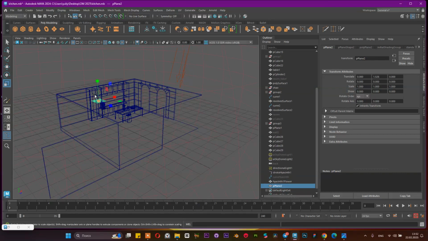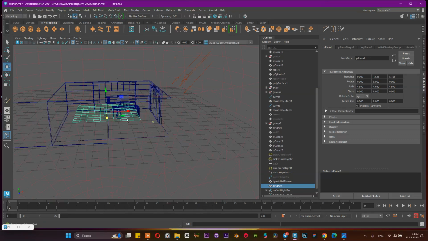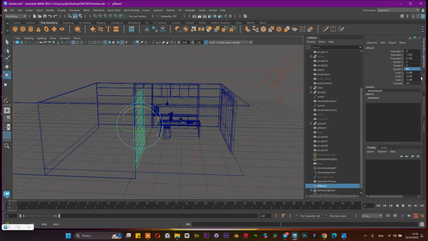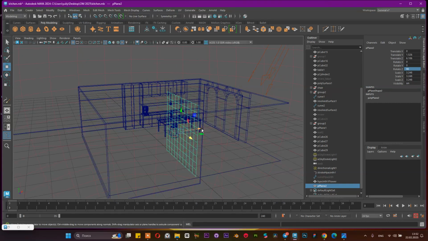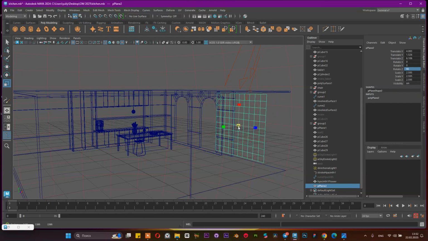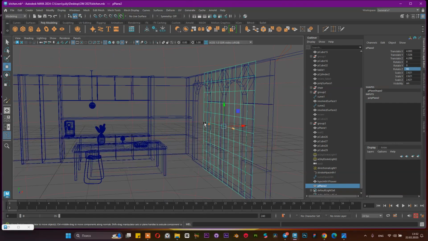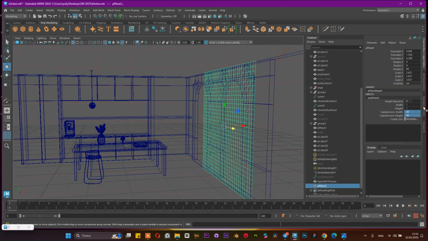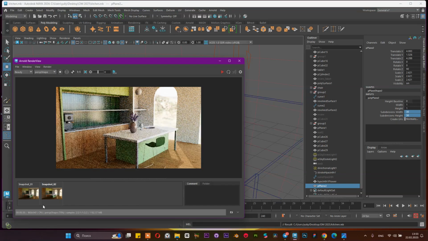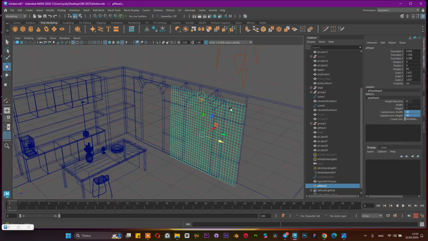On the plane, we can add scale. We can rotate this plane. And from this plane, I'm going to create some curtains. Let's zoom, scale them according to our stand. And let's increase the number of subdivisions for this plane, maybe 30. After that, I'm going to save this result, make sure that my render stops, and I'm going to use some